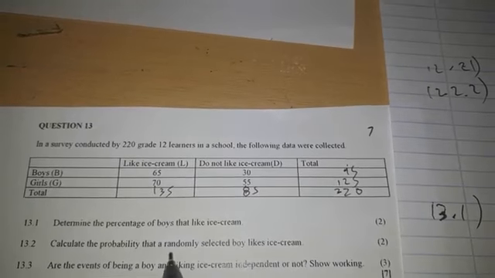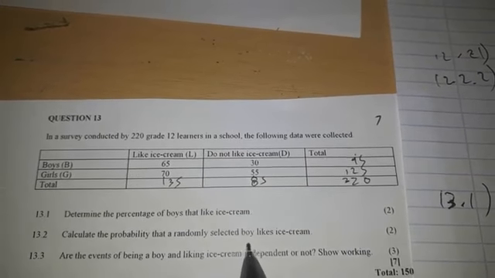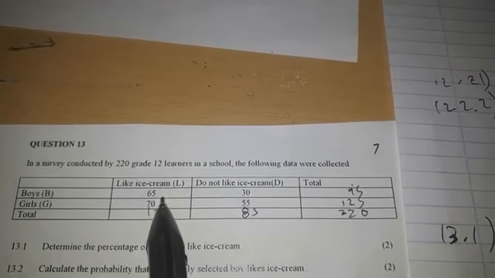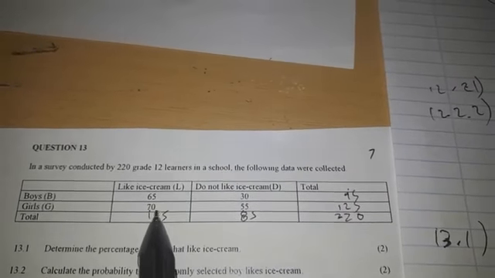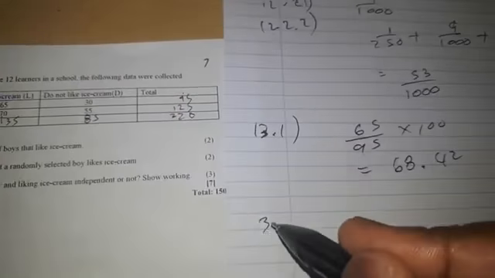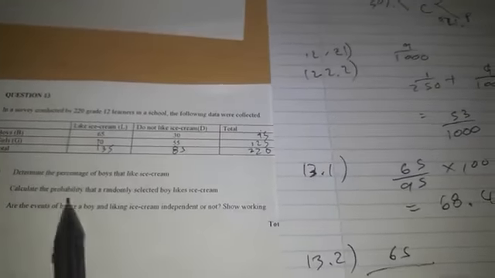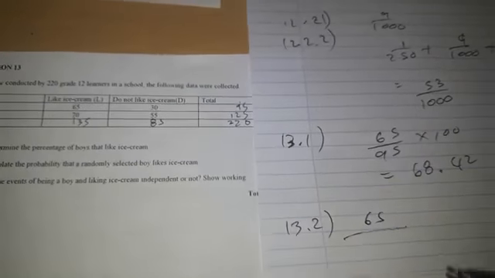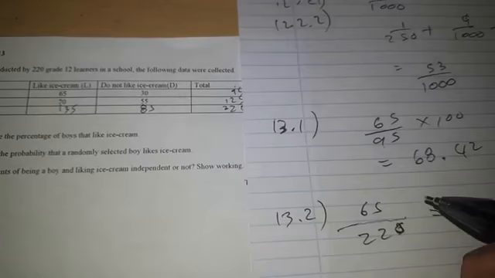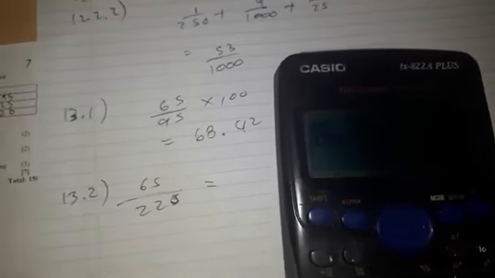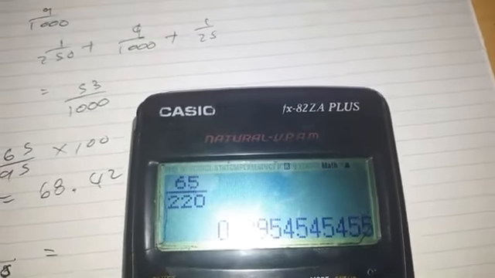And then here, calculate the probability that a randomly selected boy likes ice cream. So firstly, we need to ask ourselves, how many boys like ice cream to begin with? We have 65 boys that like ice cream. But if it's just someone being selected randomly, it's 65 out of 220. So the probability that we pick someone that likes ice cream, that's a boy, is going to be 65 over 220, which is just